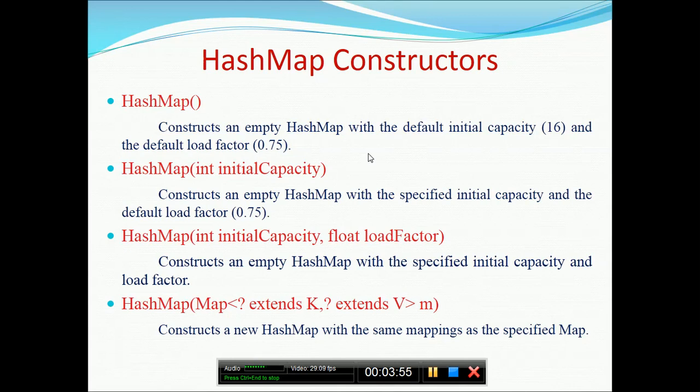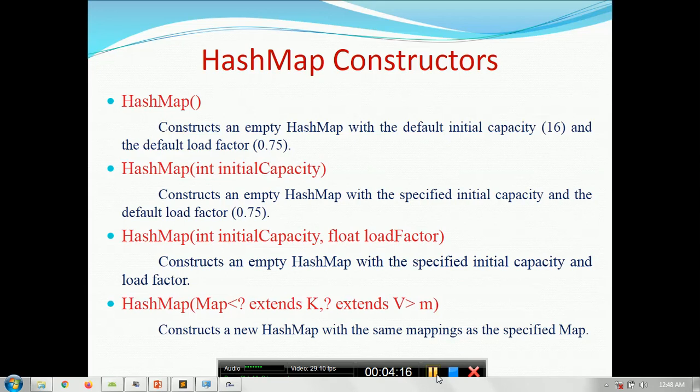So what is the load factor basically? It is the number of keys you have relative to the number of slots, or the number of entries possible inside your HashMap. It is also called the n by m ratio, where m is the total capacity of the HashMap and n is the number of actual entries.